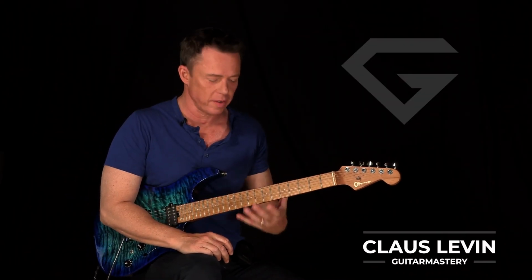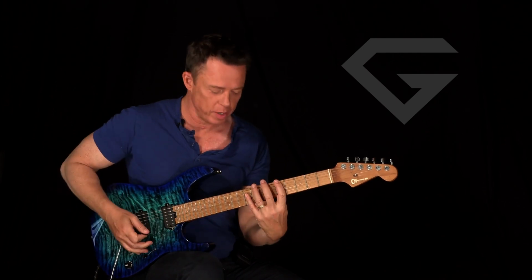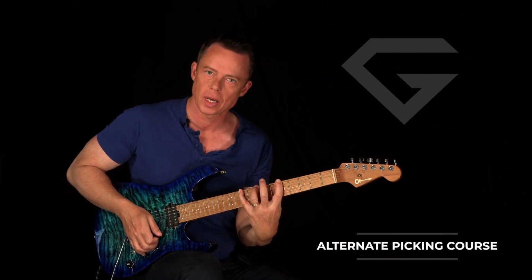So the huge advantage of 3-note per string pentatonics, you might think that, hey, it's a shred thing, right? But it's not. And I'm going to show you why. When I started out and I saw Paul Gilbert's 3-note per string pentatonics, where you take the blues scale, which is not pentatonics, but the blues scale,